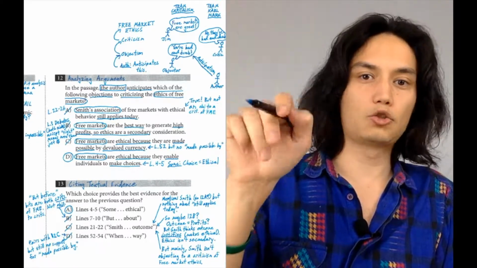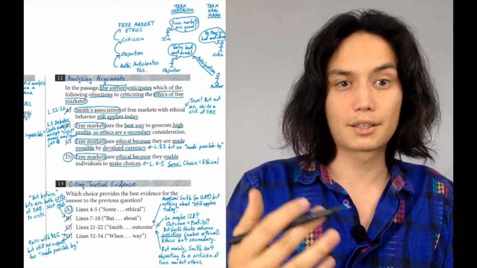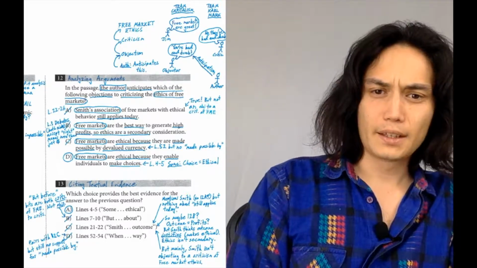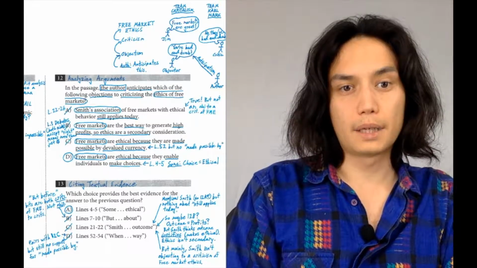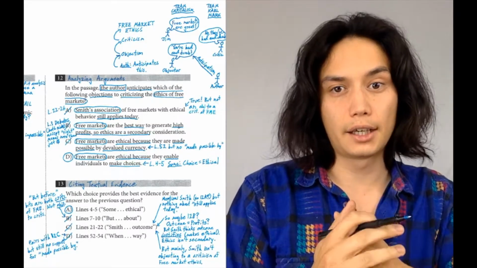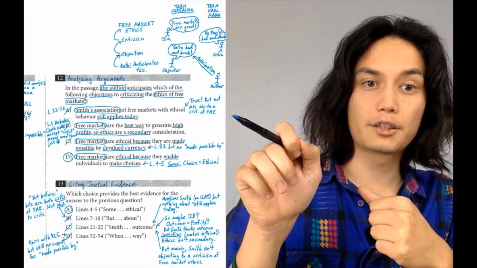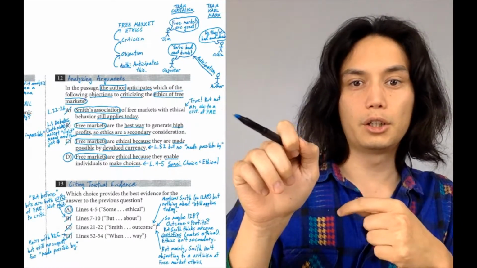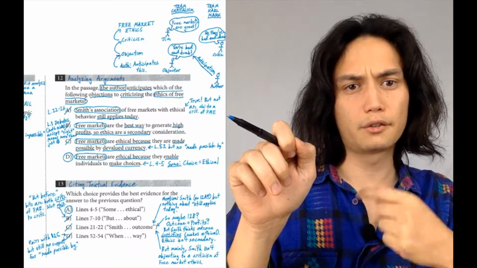I mean, the fact that I had to draw all these damn diagrams makes you know that it's harder than that. It's not enough that it just mentions Smith. It needs to mention the exact claim that is being made here. It needs to provide support for this exact claim, and then the claim itself needs to play the right role. Now, we know the claim doesn't play the right role, but here's the first question.